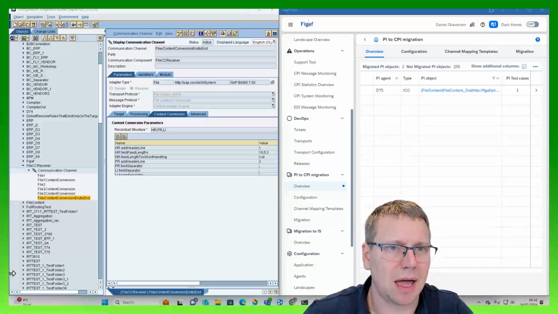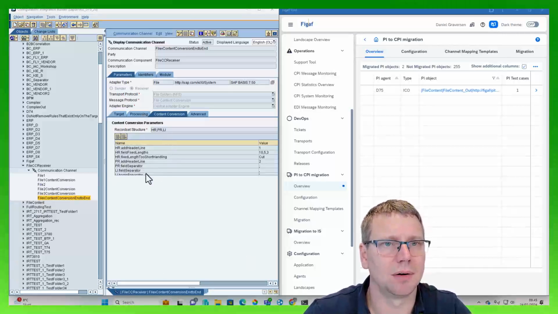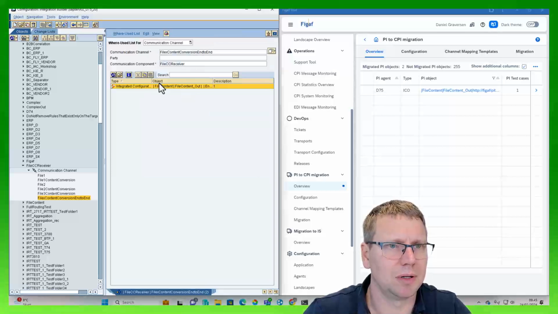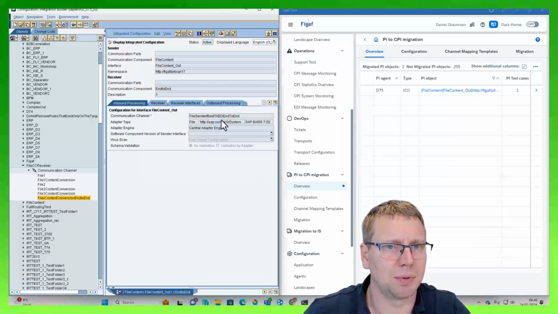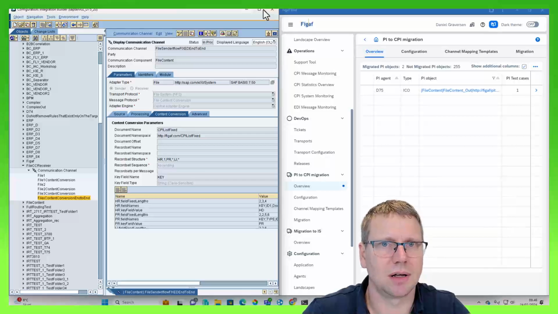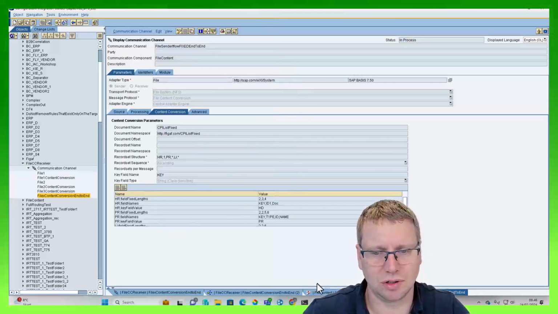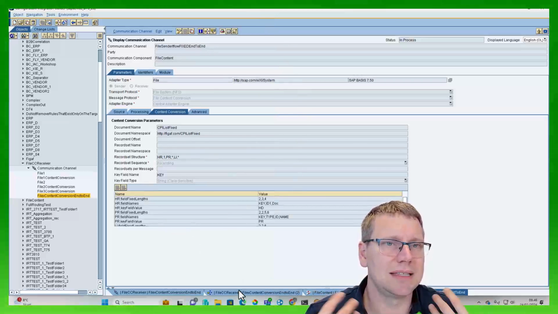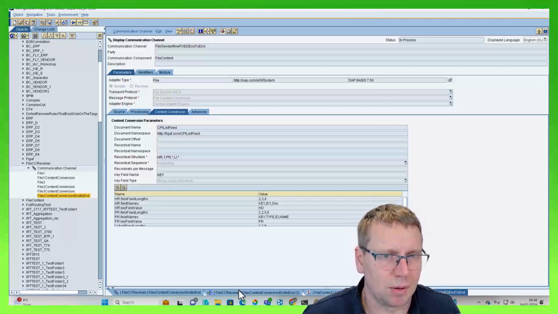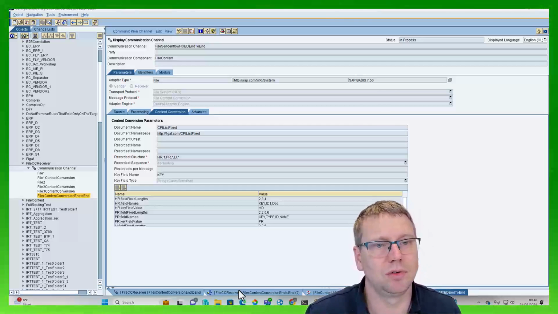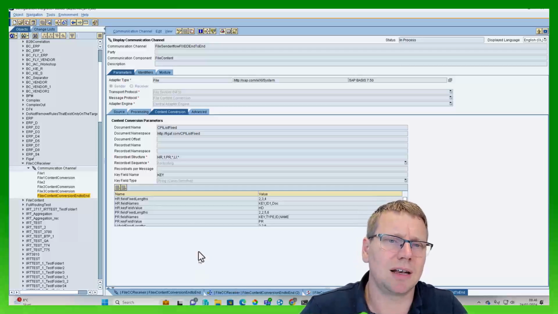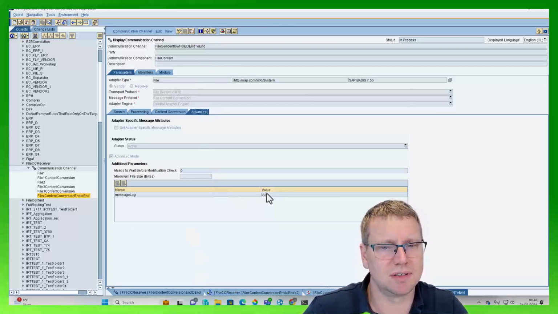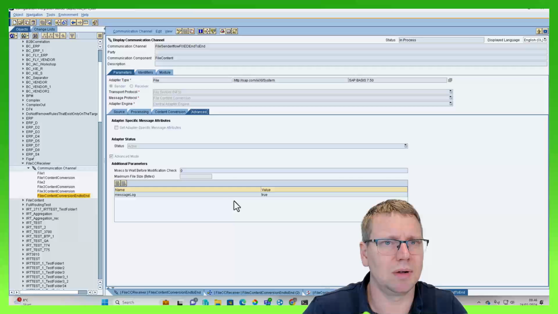So here we have a sender adapter that is able to process some messages. If we look at this ICO, it has both a sender and a receiver that is using content conversion. And this is obviously normally a problem when you're needing to do migrations. We have also added another component as a part of this. This is the ability to enable